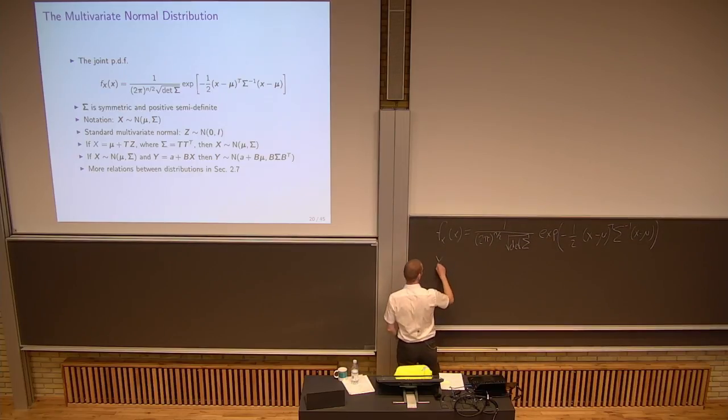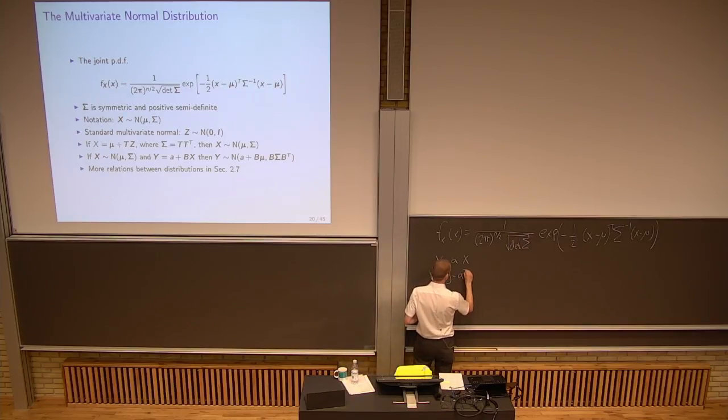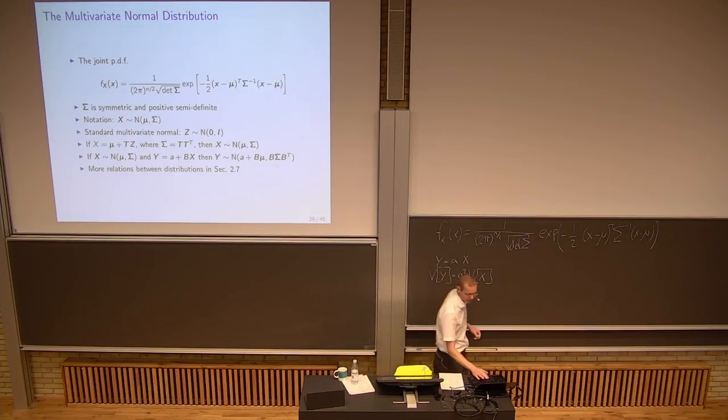So if you say that in the univariate case, y is equal to a times x, and you ask what is the variance of y? So a squared times the variance of x. Exactly. Now we have the thing about, in the multivariate case, B does not have to be